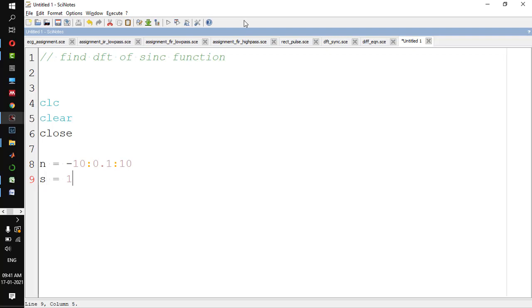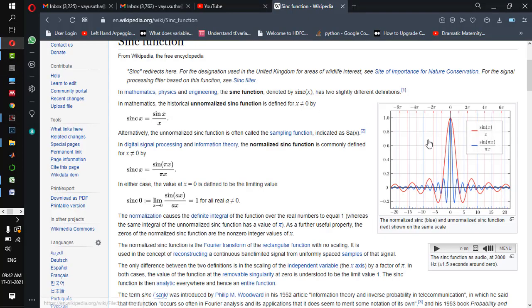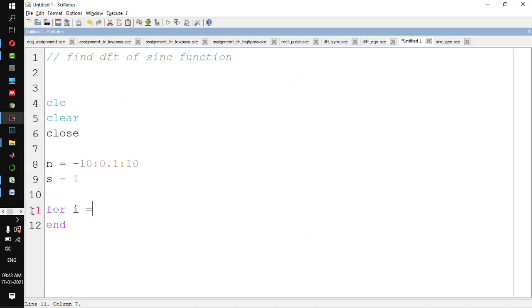This parameter will change the width of the sinc function. When I say width of the sinc function, I mean this width, the distance between this and this, the major lobe, right? Now for i varying from 1 to length of n,